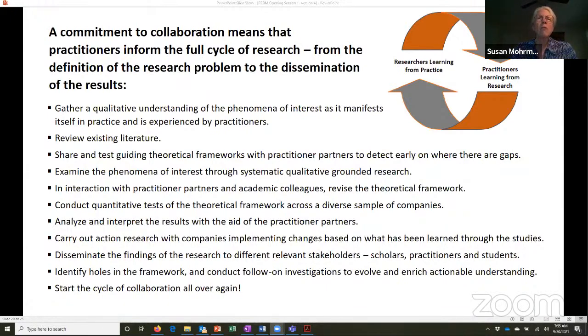And in fact, my very first professional publication was in a book edited by Phil Mirvis about failures in OD, because nobody wanted to write about failures in OD. And we wrote this up as a failure. I don't know if it really was a failure, but the name of it was the light at the end of the tunnel is really a train coming the other way straight at you.